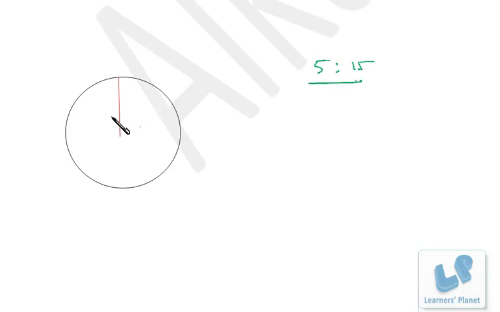Now I'll be using the same basis line. I'm not going to draw a clock over here. You just have to visualize the clock in your mind, because in an exam time is a restriction. So you just have to visualize the clock in your mind. So first of all, what we have to do, we know that the hour hand covers